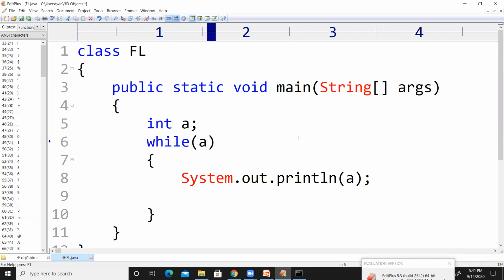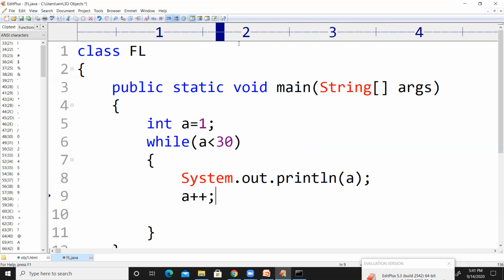For example, A less than 30 is the condition. Initially I am going to assign the value 1 to A, so A will start with 1, and in case A is less than 30, it will print the value of A, and here I am going to increment the value of A by 1.